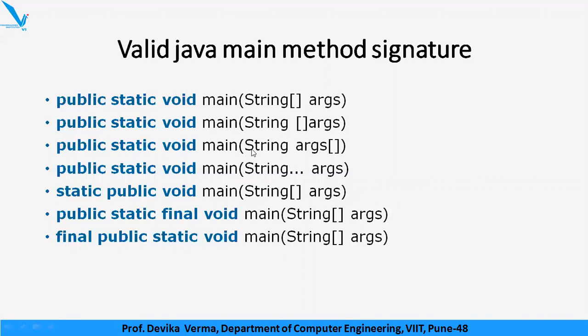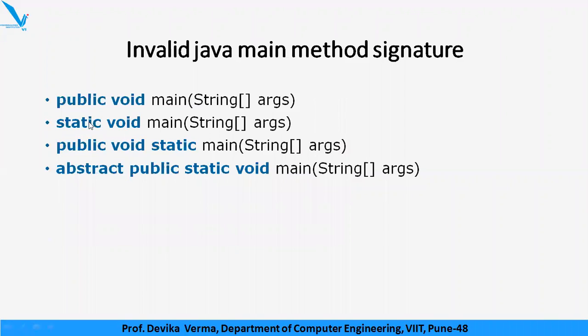If you look at it carefully, the return type of the method has to always be along with the method name, and the sequence of modifiers can change. But if it is main, then it has to be public and static in Java. If you try to remove one of them, if you remove static, if you remove public, it will create an error. And here also, if you try to change the sequence this way, taking away void and considering void as a modifier, then even that is an error. You cannot even make it an abstract method in Java. So all these are invalid methods.